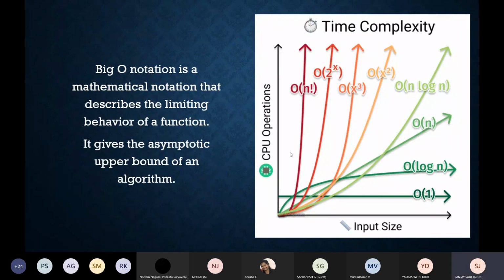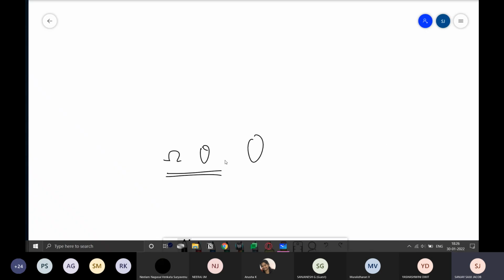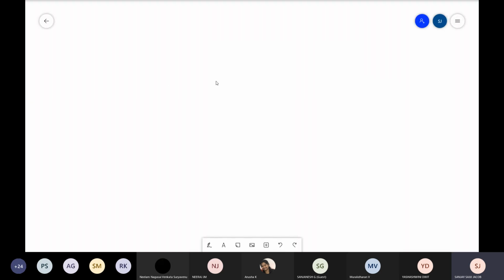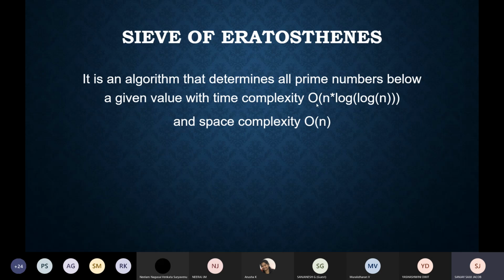So now let's go on to a real algorithm, just a simple algorithm to start off this idea of time complexity and space complexity, and how you can roughly determine something's time complexity. I have another slideshow to show. So this is the Sieve of Eratosthenes